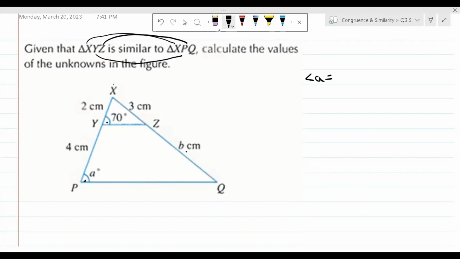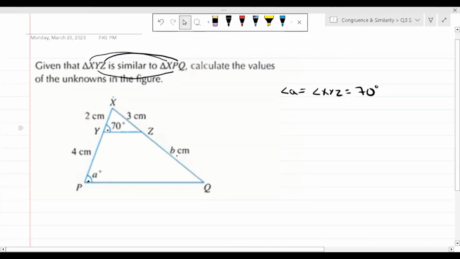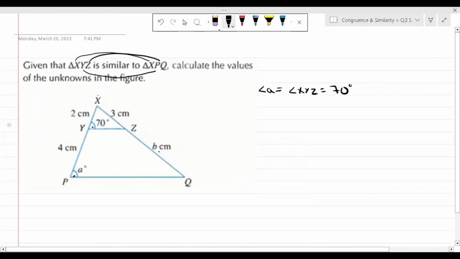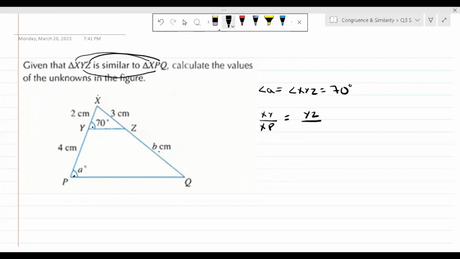Angle A is equal to angle XYZ, which is hence equal to 70 degrees. तो एक अननोन तो हमें ऐसे ही मिल जाता है। एंगल अननोन ढूंढना बड़ा इजी होता है पता है। Now we need to find out this B, तो इसके अंदर हम वही रेशियोज वाला मेथड यूज करेंगे। All right, the first ratio will be XY upon XP equals YZ upon PQ